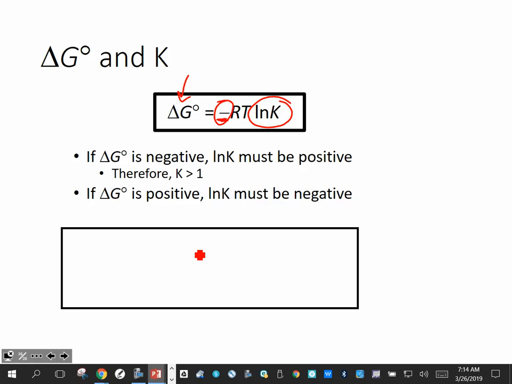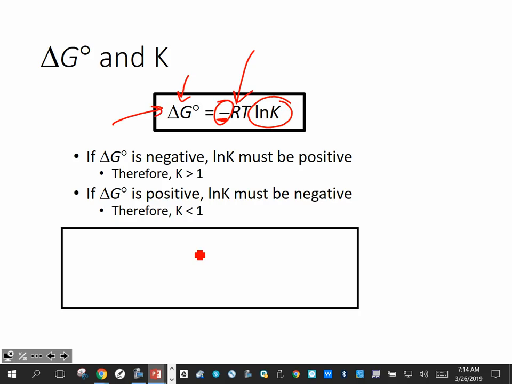If delta G naught is positive, the natural log of K must be negative, right? Because we're going to have two negatives, we've got to cancel them out. So if you take the natural log of something that is less than 1, you get a negative number, you add that second negative in, you're going to get the positive value on delta G naught. And just to comment on the R value here,